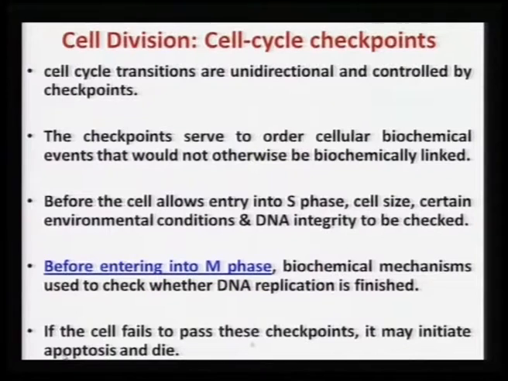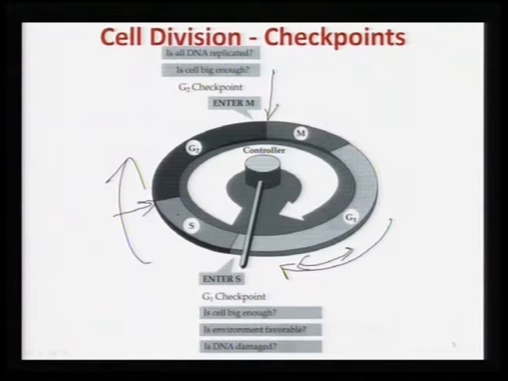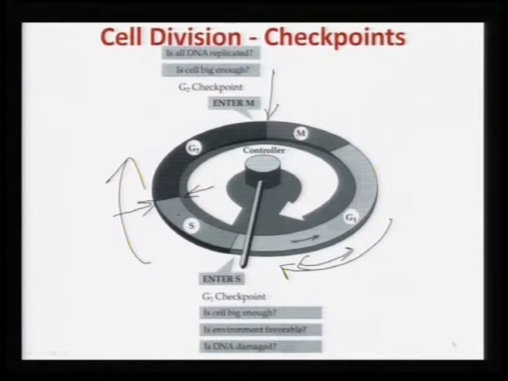What it means is that all these biochemical events that are taking place at different stages of the cell are not linked to each other. Therefore, the cell has to find out whether certain biochemical processes which are supposed to take place in that particular stage have been completed or not. If that has not been completed, what will it do? The cell will stay in this particular stage for a longer time period, and even after a longer time period, if it is not able to fulfill its requirement, then it will undergo the cell death process.